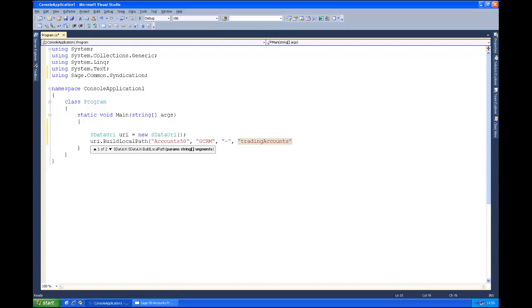So I'm going to go to the trading accounts collection. What that will have done is basically internally built up that URL, http://localhost:/accounts50/GCRM/dash/trading account. But I didn't have to worry about getting all that configuration information. So now that I've got a URI that I can use, I want to go and hit that URL and